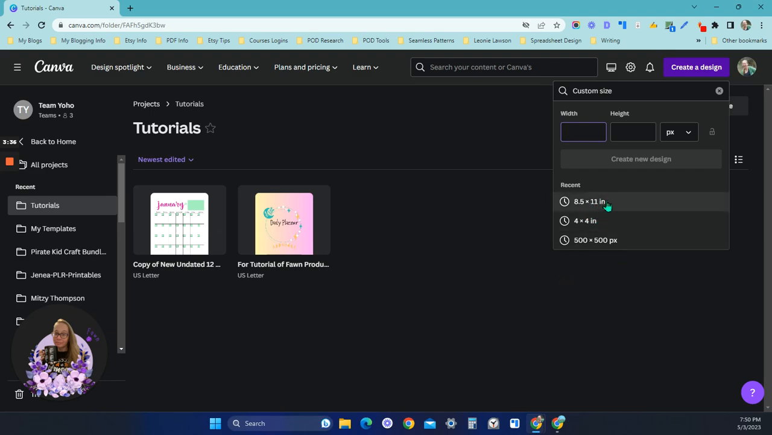So in my screen, what you're seeing under recent are recent sizes that I've created. So this is 8.5 by 11, 4 by 4, which I used to create seamless digital paper, and 500 by 500, which I created a graphic for a blog. So if I were going to do US letter size, I want to make sure that I change this drop down from pixels to inches. And then I'm just going to type in 8.5